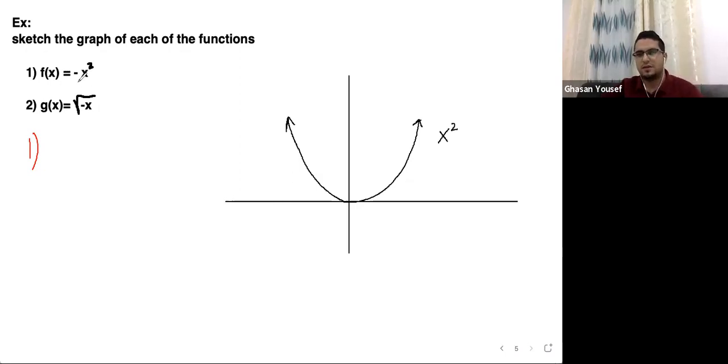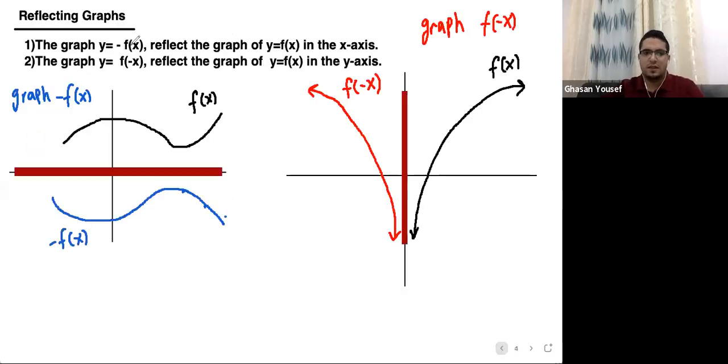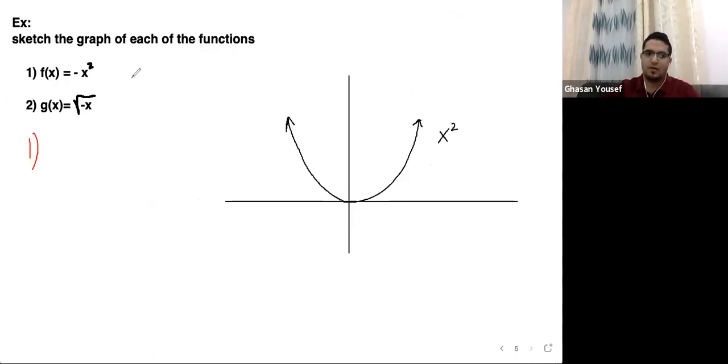What does that minus mean? The minus is outside the function. If you go back to the rule, the minus is outside the function. You see the minus is outside. But when the minus is inside, everything will be different. If the minus is outside, we have to reflect the original function around the x-axis. So how can we graph the first one, f of x,